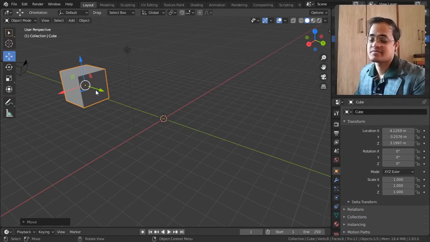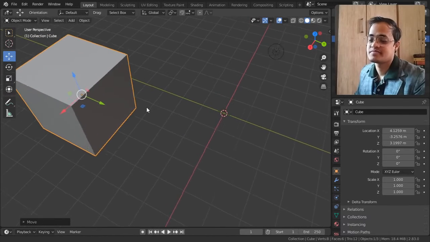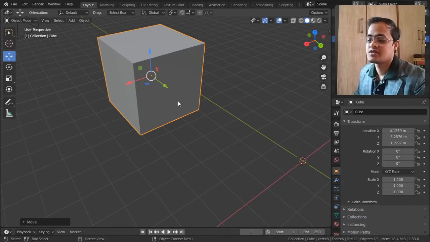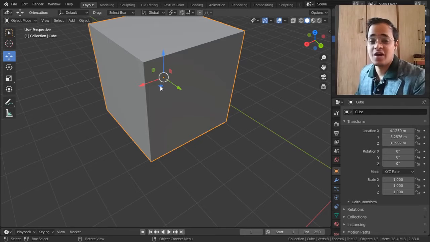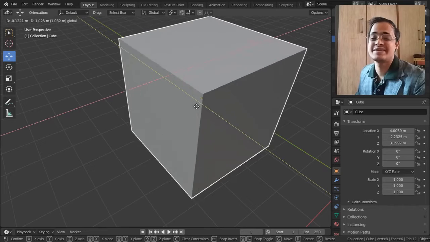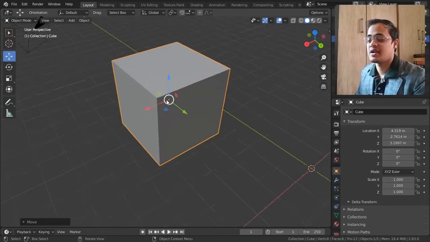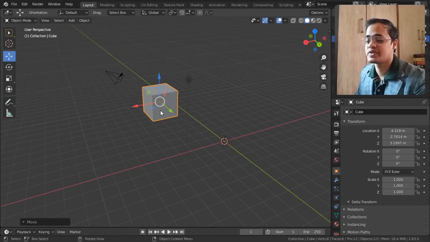Along with that, we have got some boxes here. Let me show you. I am shift middle clicking and moving the mouse. You see, we got here 3 small boxes. I hope you can see it. Now if I click and hold this blue square, I can move this box in the Z plane, nothing but the X, Y plane.